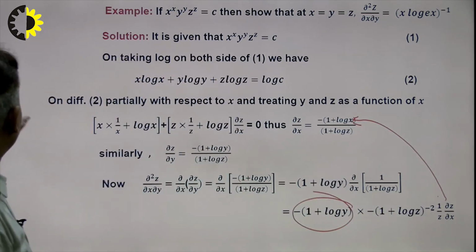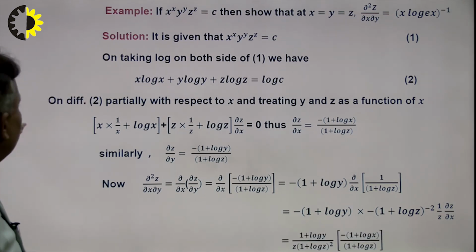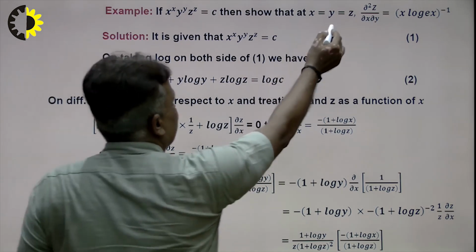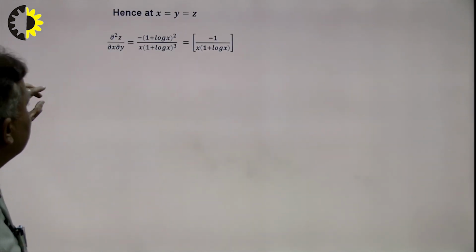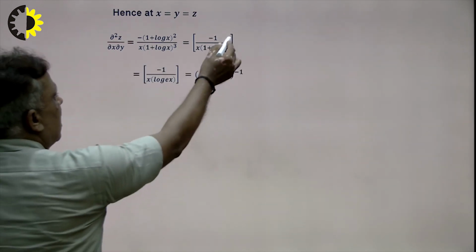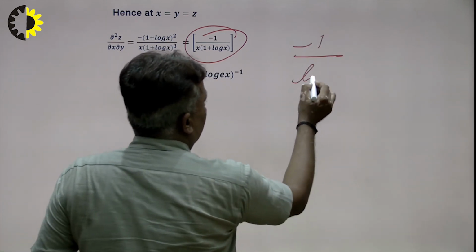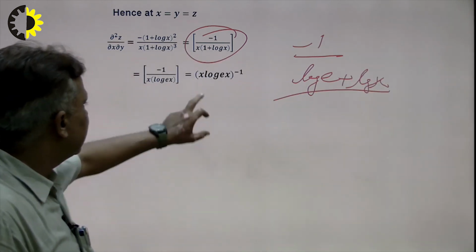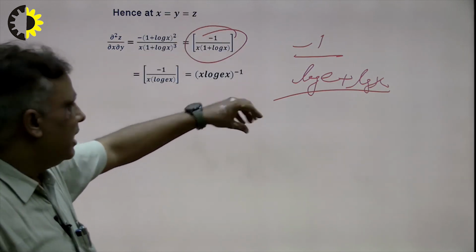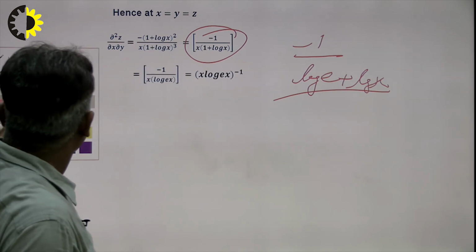So what will be the value of this portion? We conclude here that this will be the value of this. Suppose at x is equal to y is equal to z, this is the criteria. If x plus y plus z, the answer should be in x. So how to calculate here? At x, y, z equal, this will be the result. This x is as it is, and minus 1 upon log, that is e plus log x, I write here, and this is log ex. This goes to the numerator and this will be equal to the result here. So in this way we can solve our problem and calculate the given result.